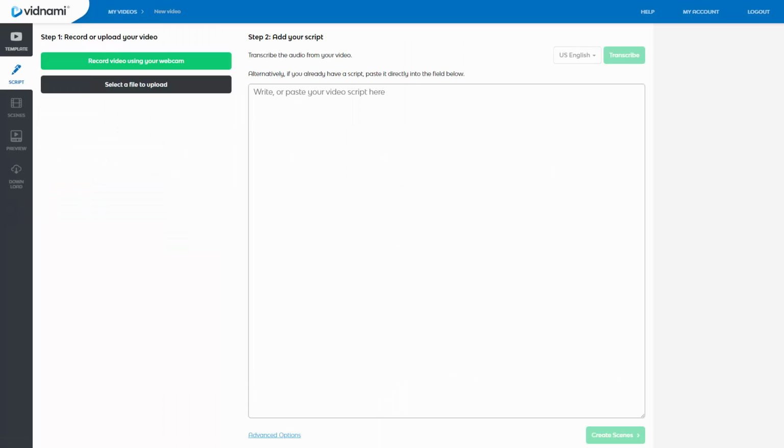So I'm going to click use, and then the next step is to either record a video using the webcam or select the file to upload. For this test, I'm going to record a video straight using my webcam, but if you do want to make sure your video quality or your sound quality is a little higher, you can record using a different tool like Loom, Camtasia, or something else, and then make sure that the audio sounds better and then upload. Or you can create a video using your smartphone selfie camera or just your smartphone's regular camera with a tripod and then upload it here. That will look a little bit more professional, a little bit more high quality, but if you're looking for speed, then the webcam video is going to be the way to go.